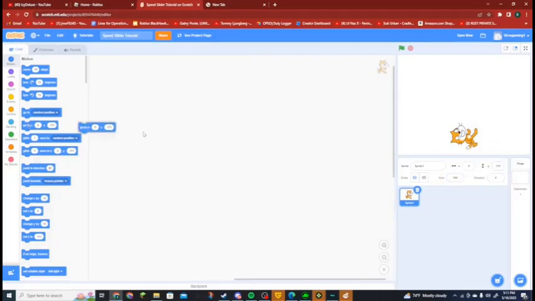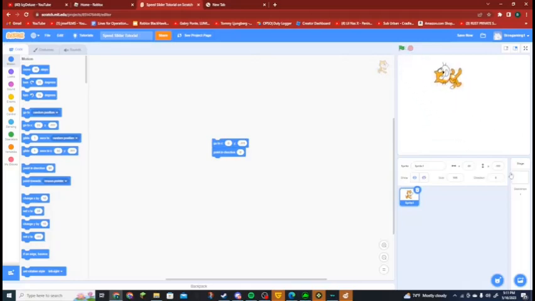Then over here I can grab go to and a pointer direction. And I change the pointer direction by clicking on it to 0. So basically what this is just going to do, if I move this to any spot here and change this to whatever direction I want,